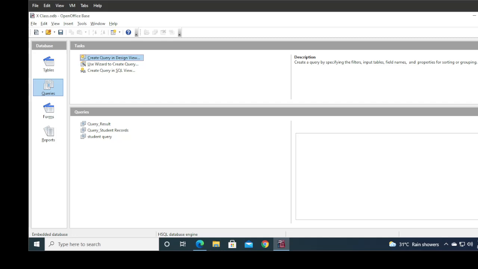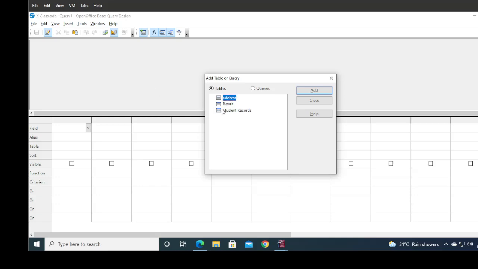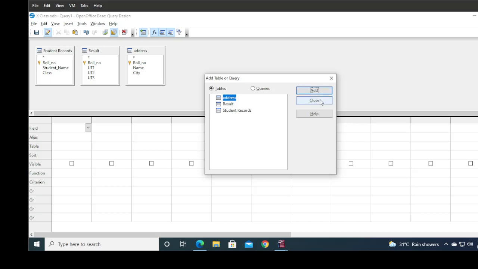So here we can say record selection in query, more record selection in query, selecting from multiple tables. If you want to select your record from the different tables, then you can use the create a query with multiple tables. So first you can click on the query, then you can click on the query in design view. Here first you can choose your table. For example, I am first choosing the student record. Click here add. Then we need, for example, result. Then you can click here, and then you can click on add. For example, if you want any more record, then you can click on next table, and then click on add. Now three tables are there.